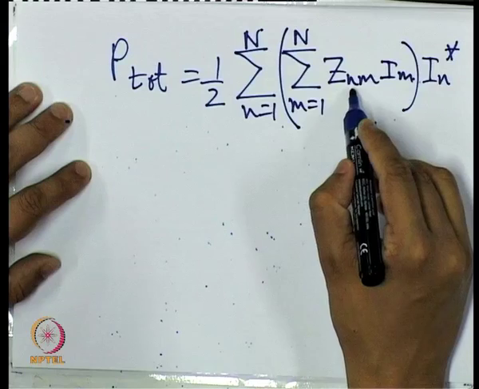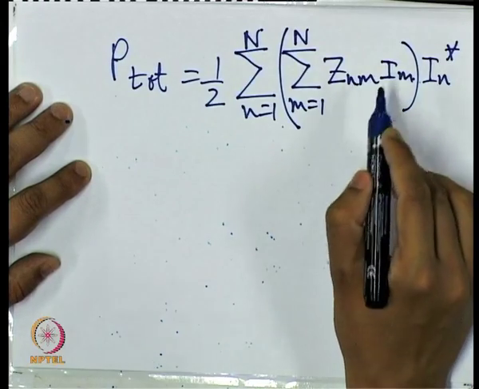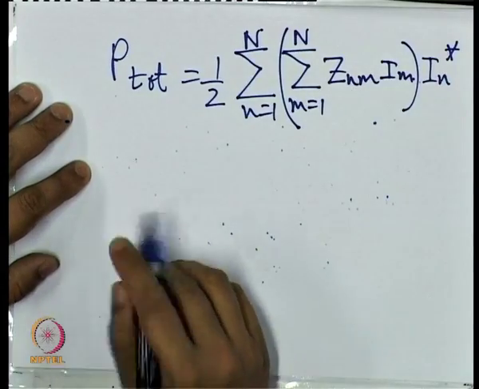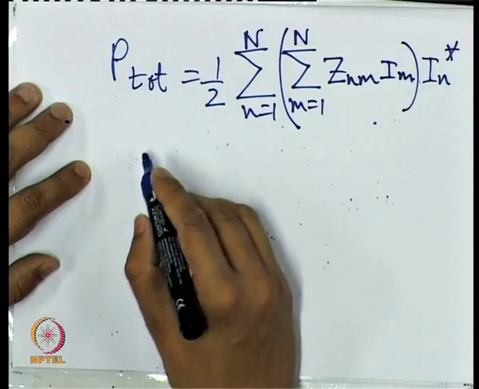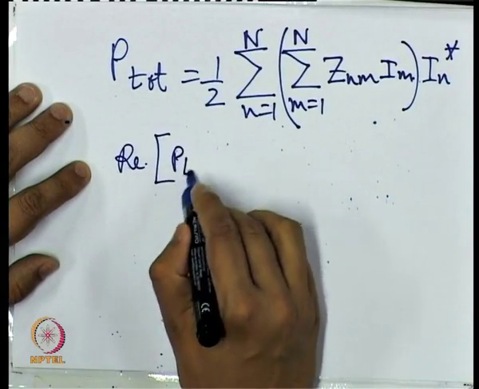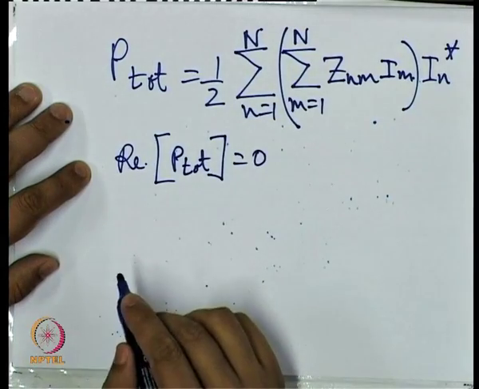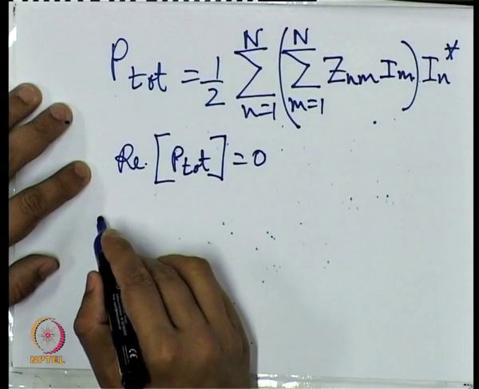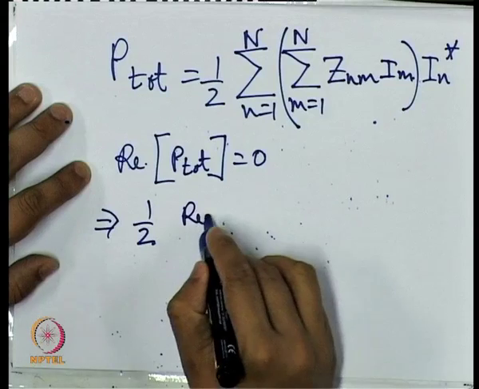In the previous expression I by mistake had written this as Mn, this should be Nm. Okay, I just want to correct this. So then we know that for a lossless network, the real part of this P total is equal to 0. So then this implies that half of real